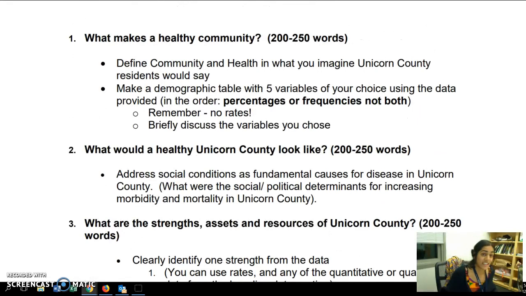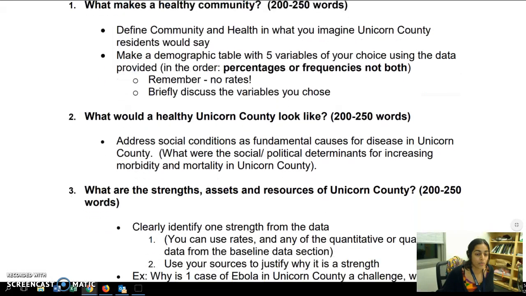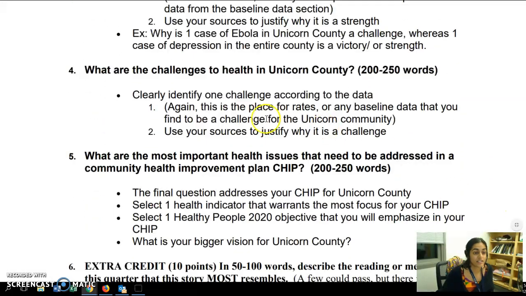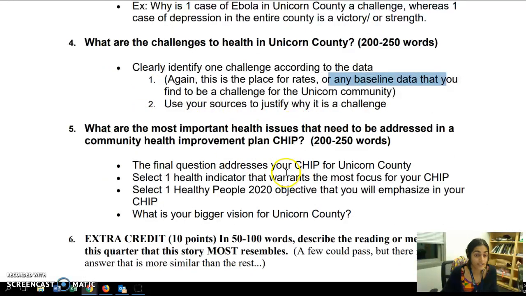Are our screenings high? Are chronic diseases low? Are many children in school? Are many families together instead of broken? So those are kind of strengths. What are challenges? So identify one challenge. So you can use rates. You can use any baseline data at all to discuss what the challenges in Unicorn County are, and also justify